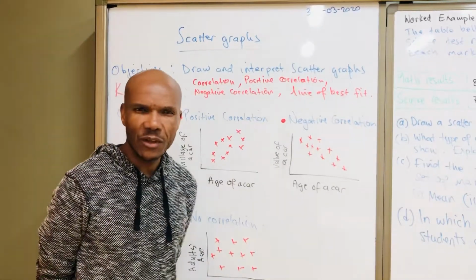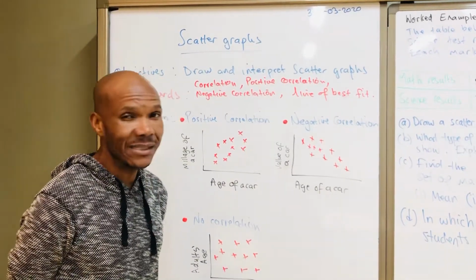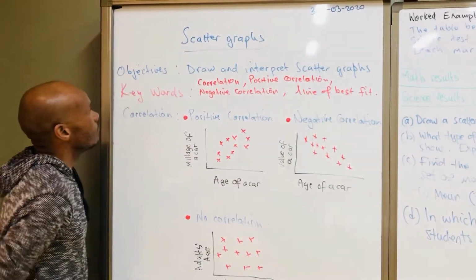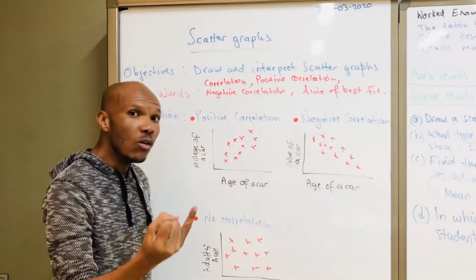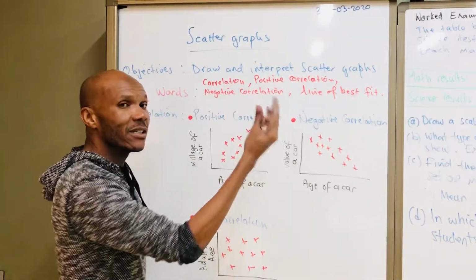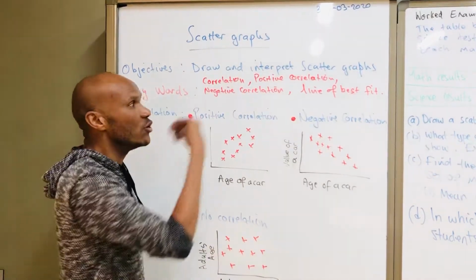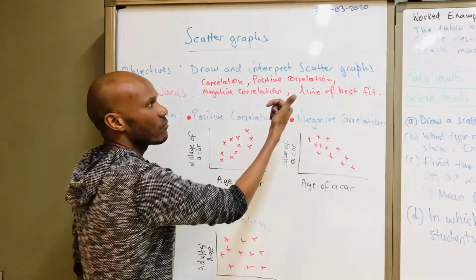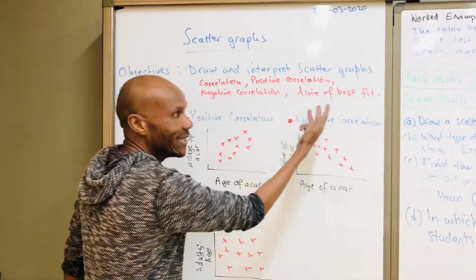Today, let's talk about scatter graphs. What is a scatter graph? A scatter graph is a useful way of representing two sets of data. Now, the objective for today: we should be able to draw and interpret scatter graphs. And the keywords that we're going to be using mostly today would be correlation, positive correlation, negative correlation, and line